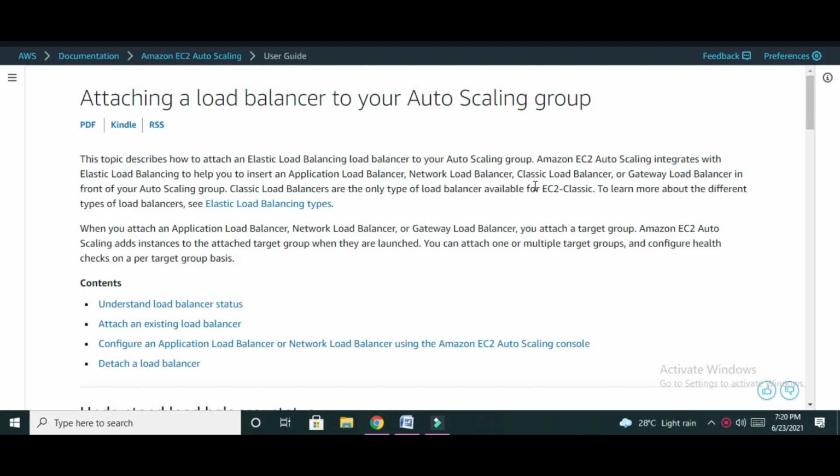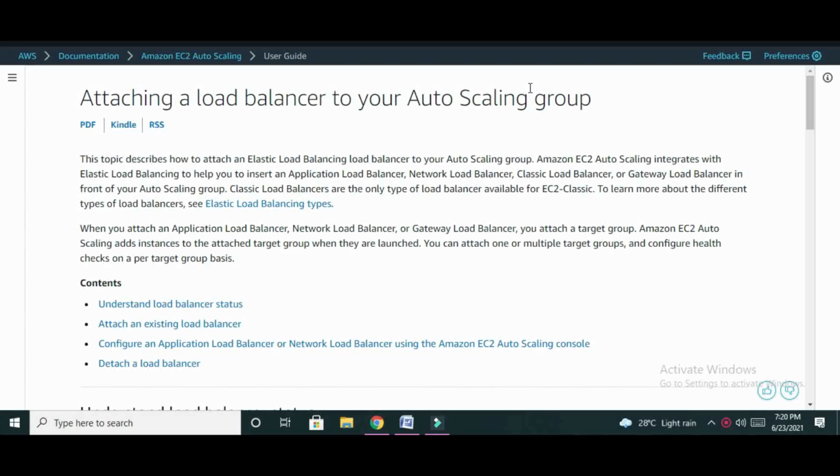In this session we are going to discuss auto scaling and load balancer, how these two things can be integrated or combined. So basically auto scaling is used for capacity provisioning and load balancer to distribute the load among target resources. Now if we combinedly use them or combinedly integrate them, then it forms the elasticity. So elasticity refers to auto scaling and elastic load balancing.